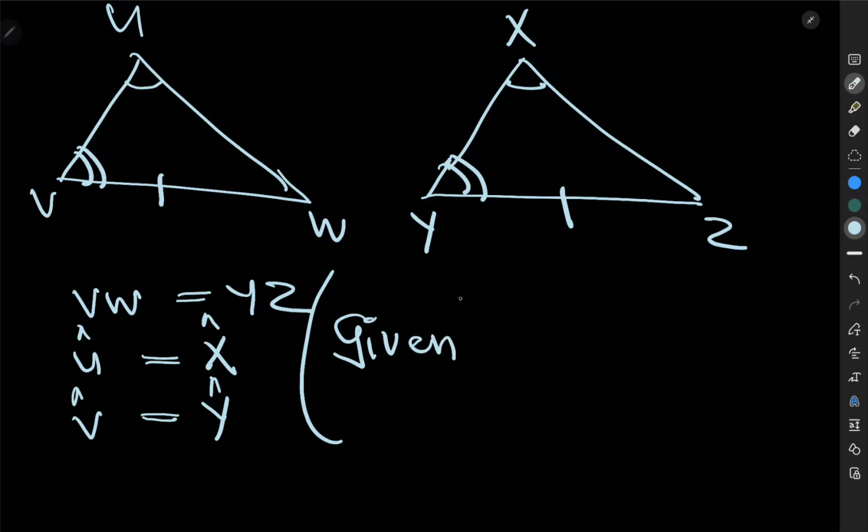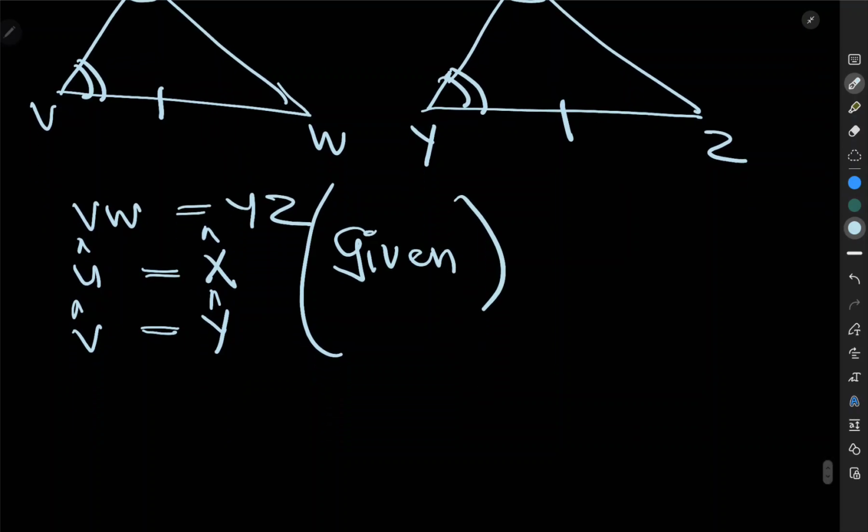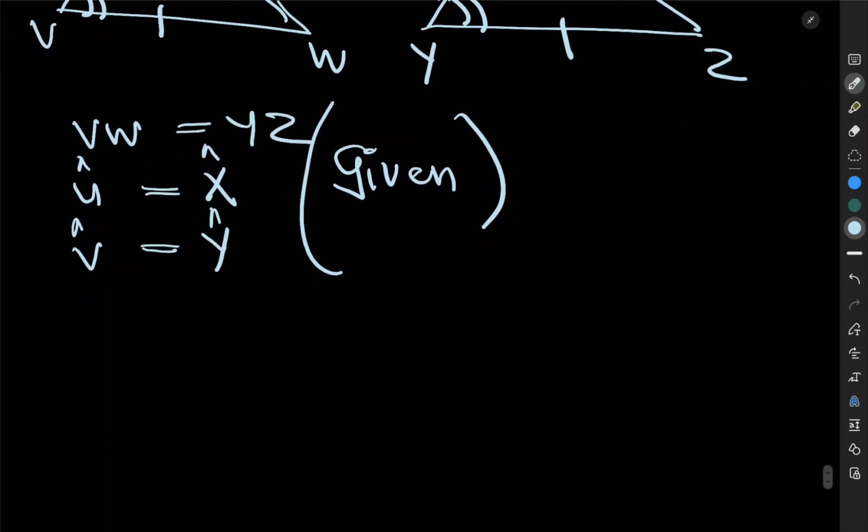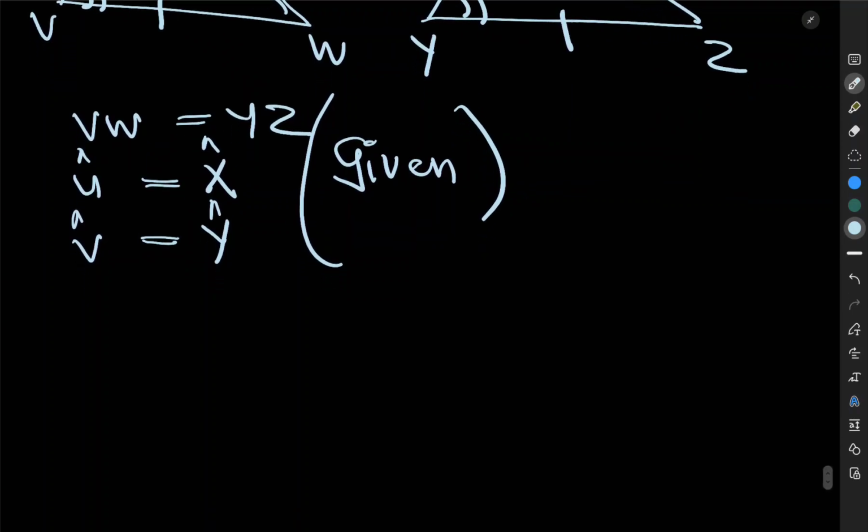You're supposed to say given for every reason that you give, but I'm just trying to summarize and not waste too much time. So you know that all those are given, then you can basically assume that triangle UVW is